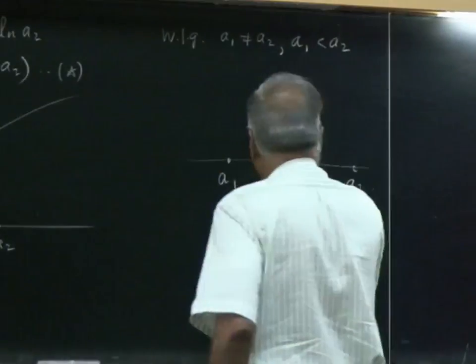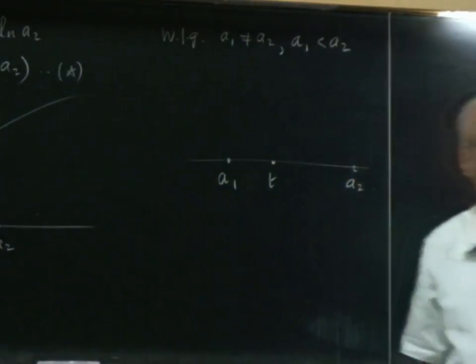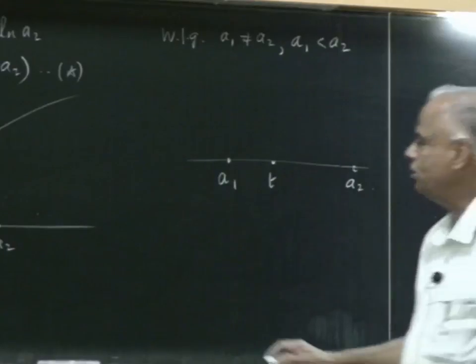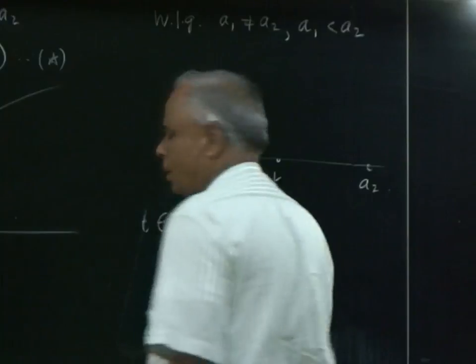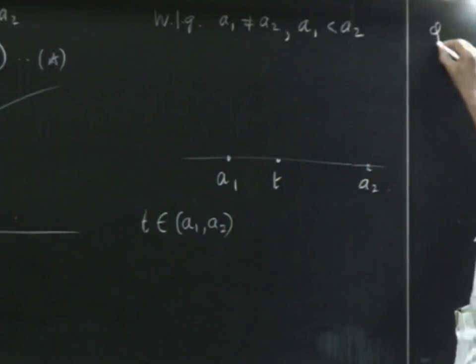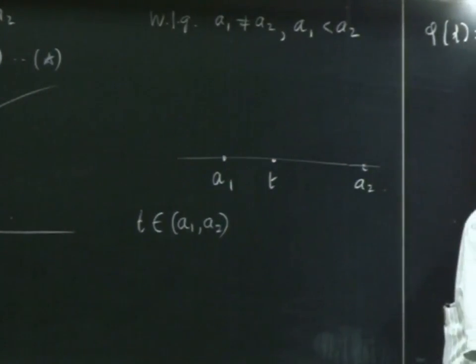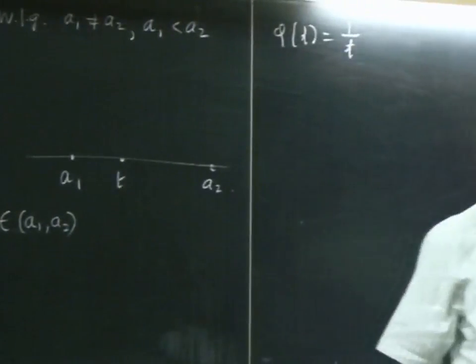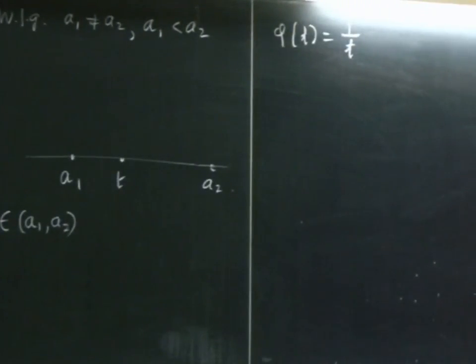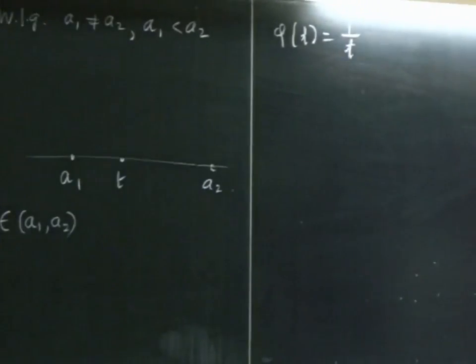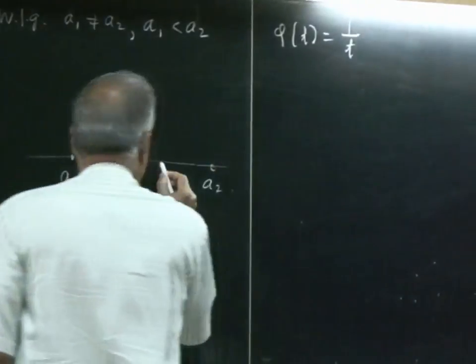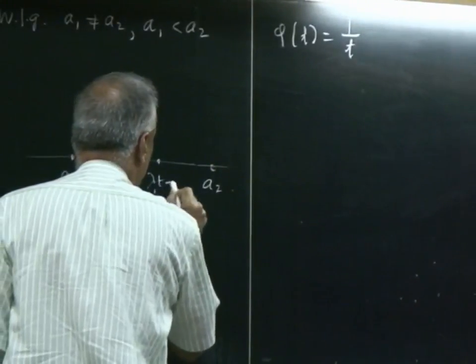Now, take any point between A1 and A2, T. Okay. So, let us T belong to A1, A2. Then let us define phi of T to be 1 over T. So, that is a function now defined for T moving from A1 to A2. So, this is a function phi of T defined for T between A1 and A2. Now, take a point between these two,